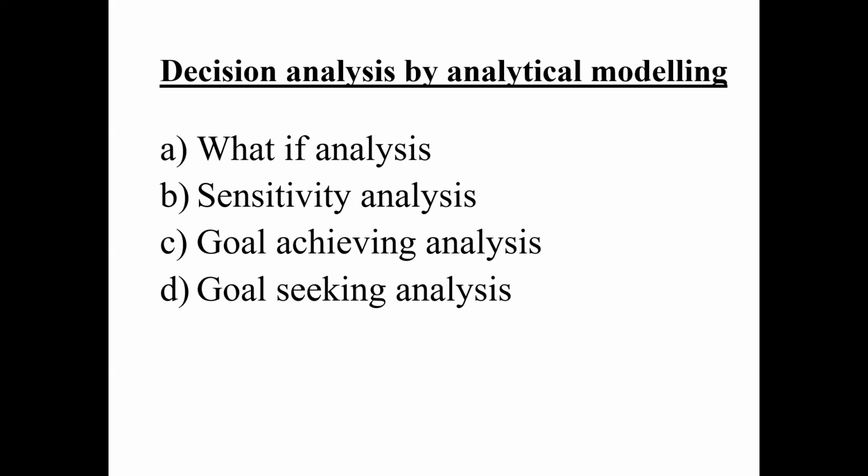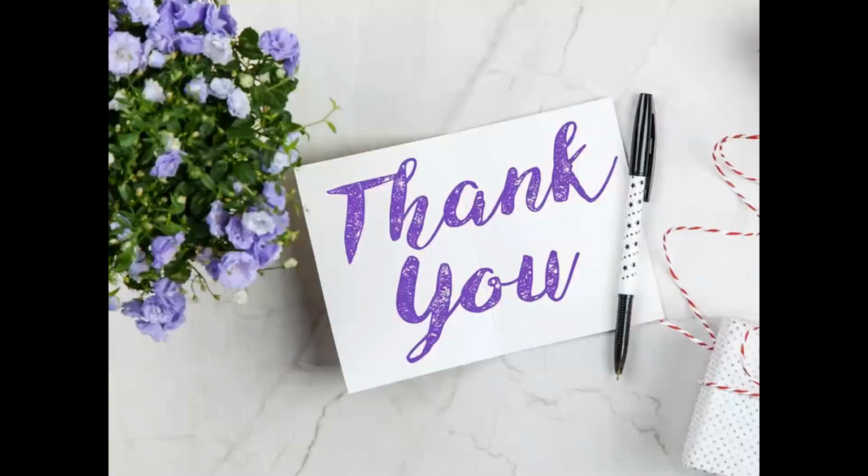sales की value है वो 1 million, $1 million पहुंचे. Then आते हैं goal seeking analysis में. Here we are not fixing the goal but we are reaching an optimum value. मतलब जो best possible value है, जरूरी नहीं है कि $1 million पे हमारा जो बाकी प्रॉब्लम्स है वो सॉल्व हो जाए. हो सकता है हमारी एडवर्टाइजिंग की कॉस्ट बहुत ज्यादा बढ़ जाए उस पर्टिकुलर लेवल तक पहुंचने तक. तो we have to look for other constraints also. So this is all about the decision support system. Thank you.